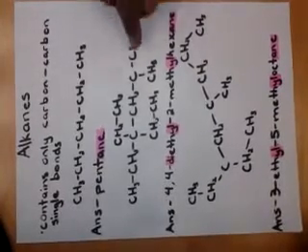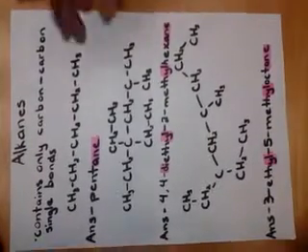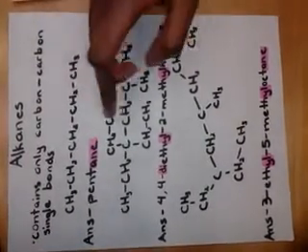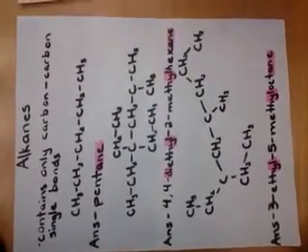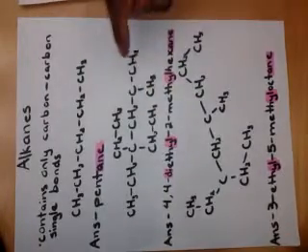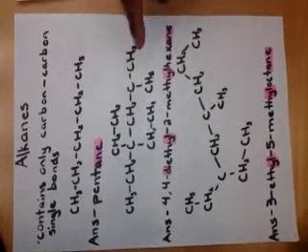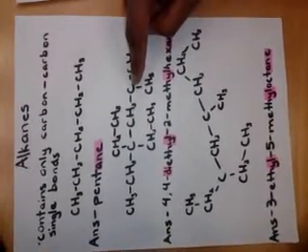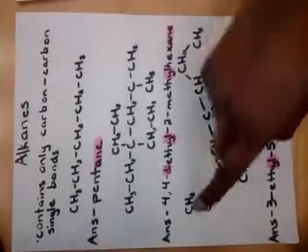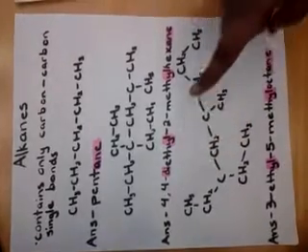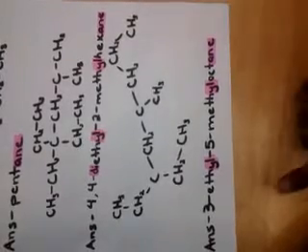The parent chain of this is 1, 2, 3, 4, 5, 6. So the name is hexane. There are a couple substituents. In this case, there's 1, 2, 3. Since there's 2 substituents with the same prefix, use di, and they're at the 4th atom, so you use 4,4. And the other substituent is at 2, and it's only one carbon atom, so it's methyl. So the name for this would be 4,4-diethyl-2-methylhexane. Here's another example, and this is the answer,